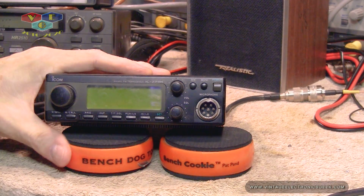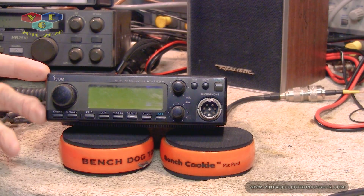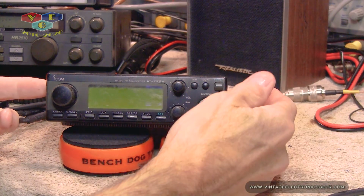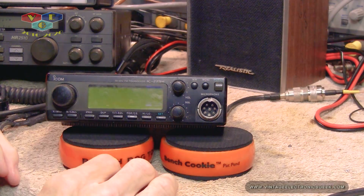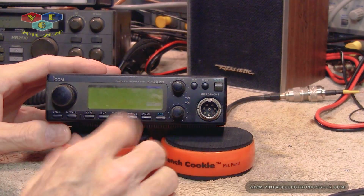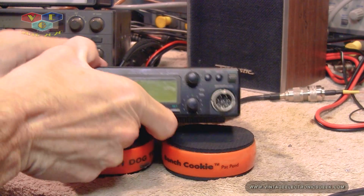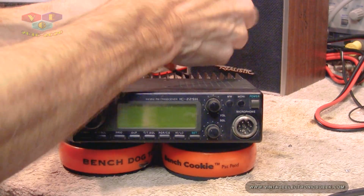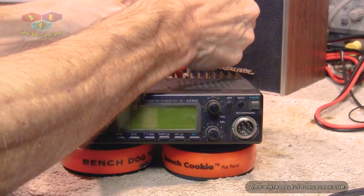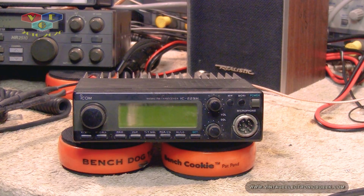So let me go ahead and tear this apart. I need to take the covers off, and I believe underneath the covers I'm going to have a couple of screws that mount this face down. I need to remove that to get to the board underneath. I do believe this takes incandescent bulbs. I don't think it's LED, so I need to check the voltage,